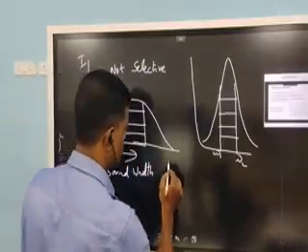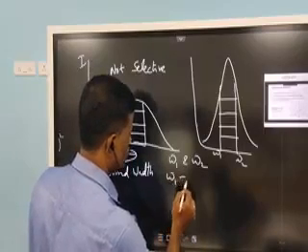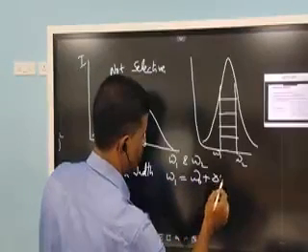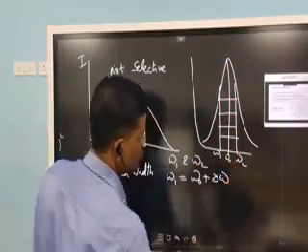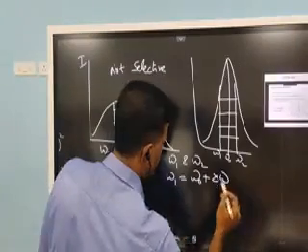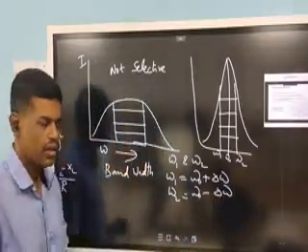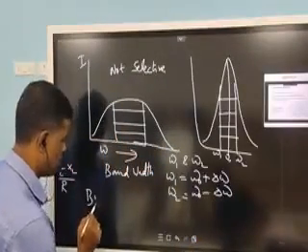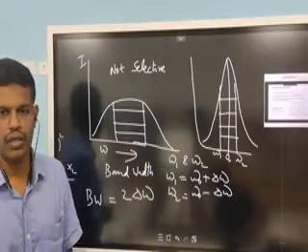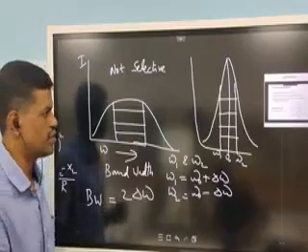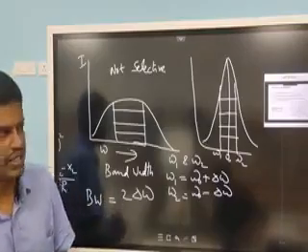If we have two frequencies, omega 1 and omega 2, with omega 1 equal to omega 0 plus delta omega, where omega 0 is the resonant frequency, and omega 2 equal to omega 0 minus delta omega, then bandwidth is equal to 2 delta omega. So the bandwidth gives important information about the selectivity of a circuit. We can see this as an application of LC circuits.